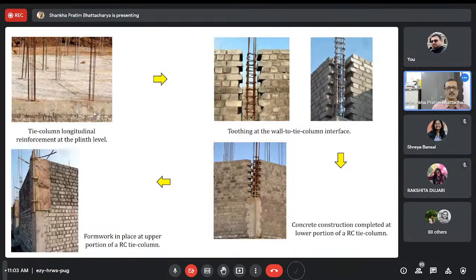So there is an interface. If it is a straight interface, problem starts from there. See, the column is the strongest part, but it is not participating well with the wall, is it? It is not participating because its interface is very smooth and straightforward. But in this case, the column is actually integrated with the wall, and then the participation will be better. So box action, the first one, can be ensured like this. The box actions and all. So this will give you a wonderful kind of